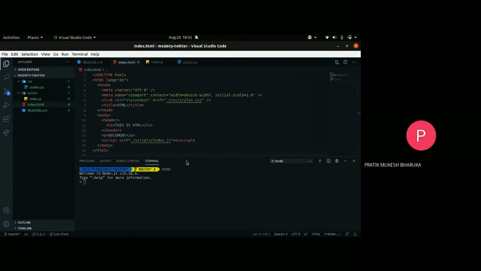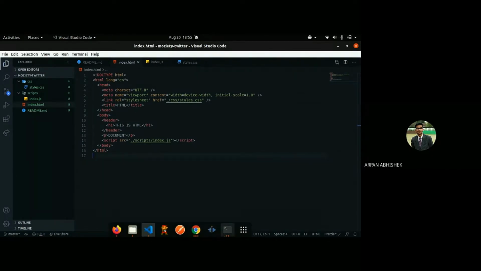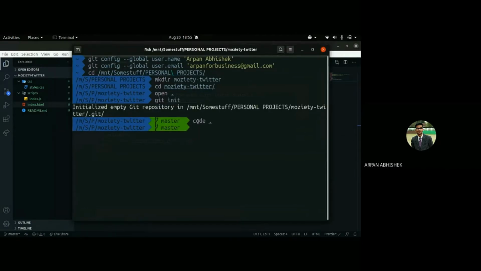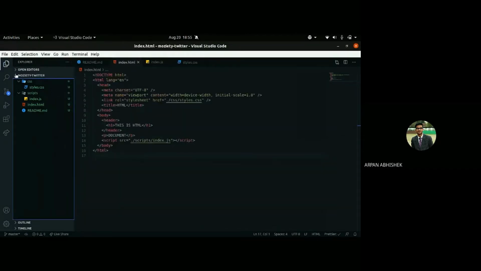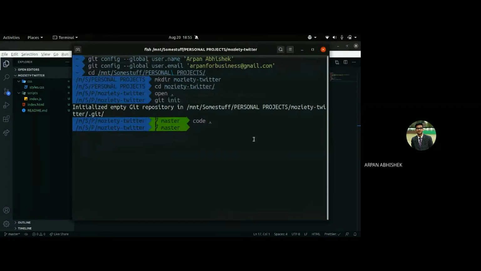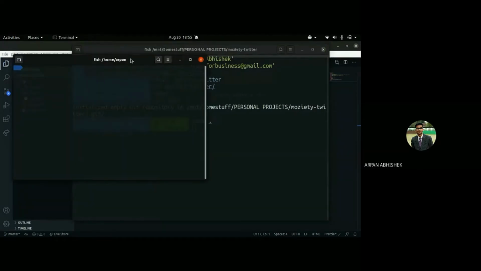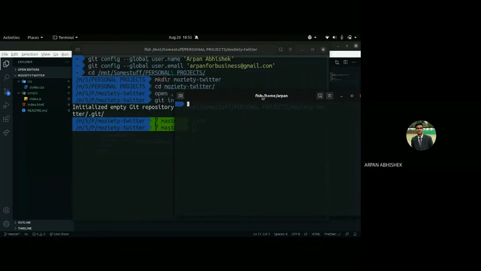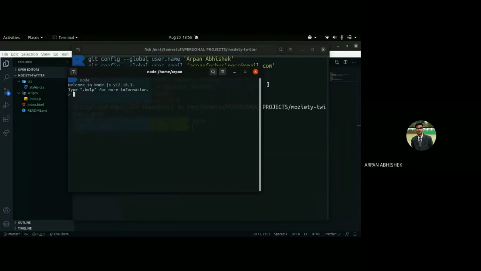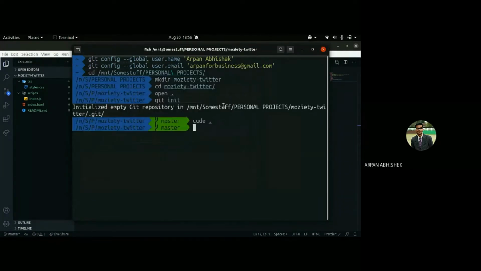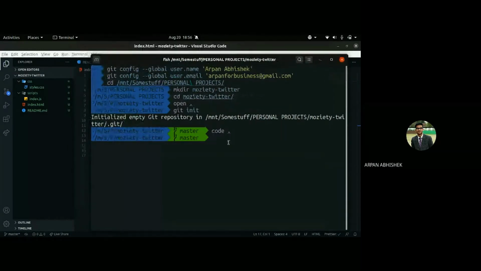If you're not using VS Code, you can use an external terminal as well. For using Node, you can open a new terminal from anywhere, type node, and you'll be in the Node environment. But if you want to use an external terminal for the project, you need to be inside the folder which you created. Hope that's clear.